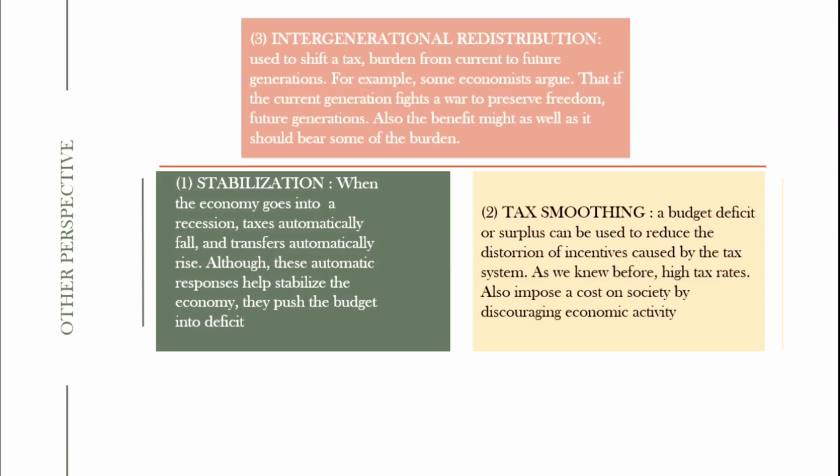Number three is intergenerational redistribution. A budget deficit can be used to shift a tax burden from the current generation to the next generation. For example, some economists argue that if the current generation fights a war to preserve freedom,